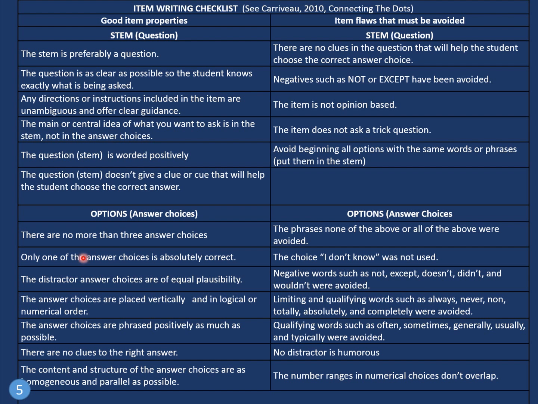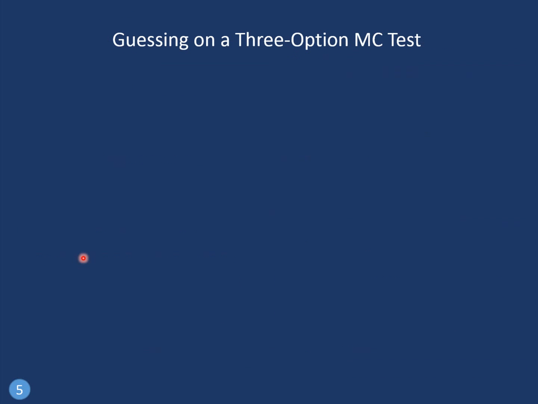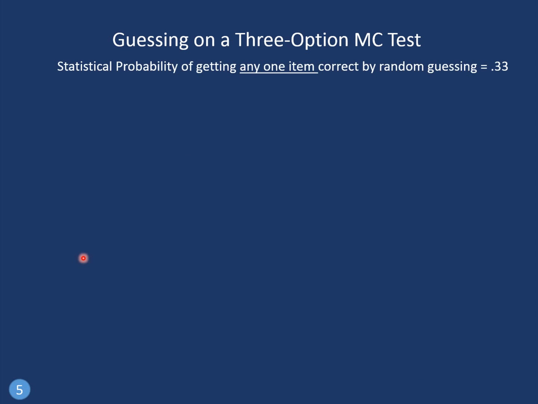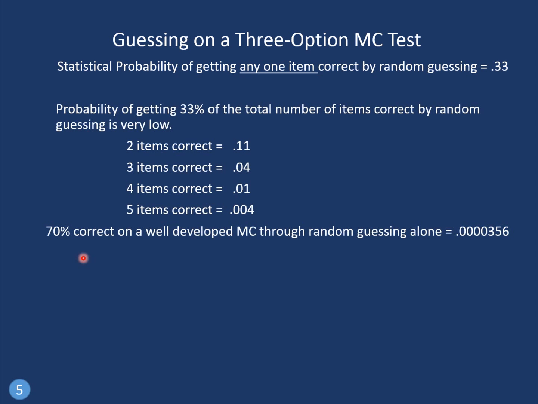And my approach is I want to do all those good things that are going to make the item better, but if I avoid what not to do, then I'm going to be safe. It's not avoiding what you should avoid that makes a flawed item. And the question always comes up, why are you only showing 3 options? If you had 4, wouldn't it be harder for them to get points for guessing, because it'd be 0.25 versus 0.33? That might be true, except students just don't guess.